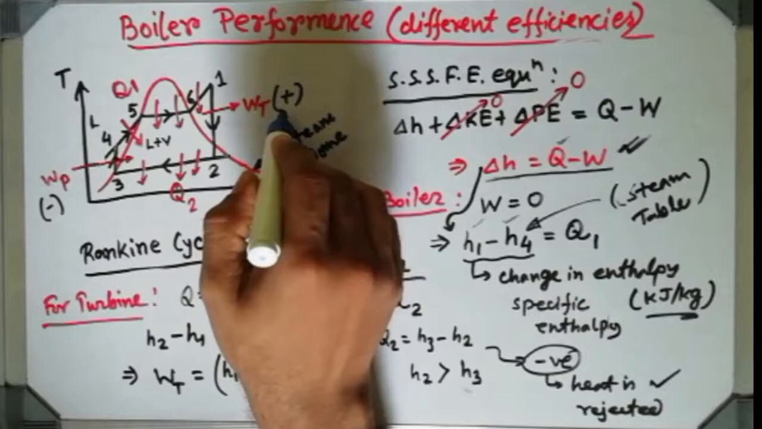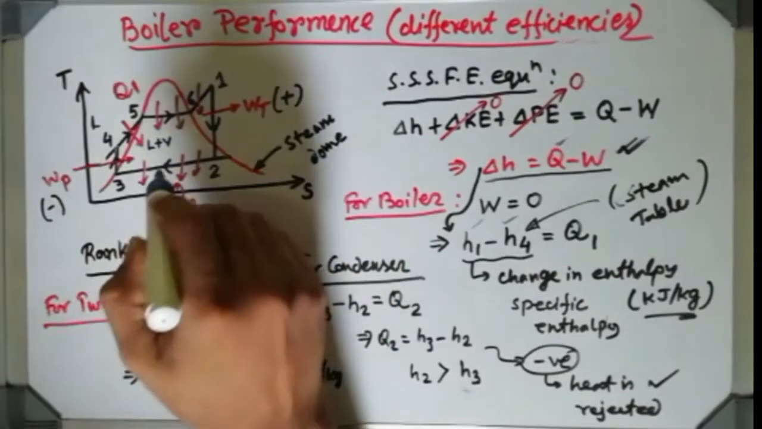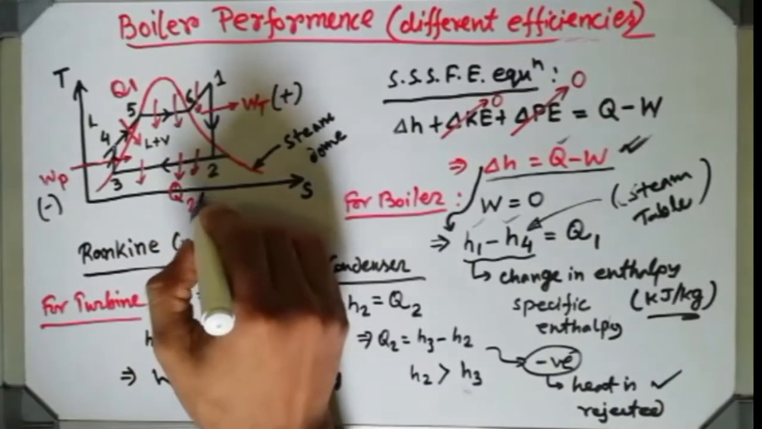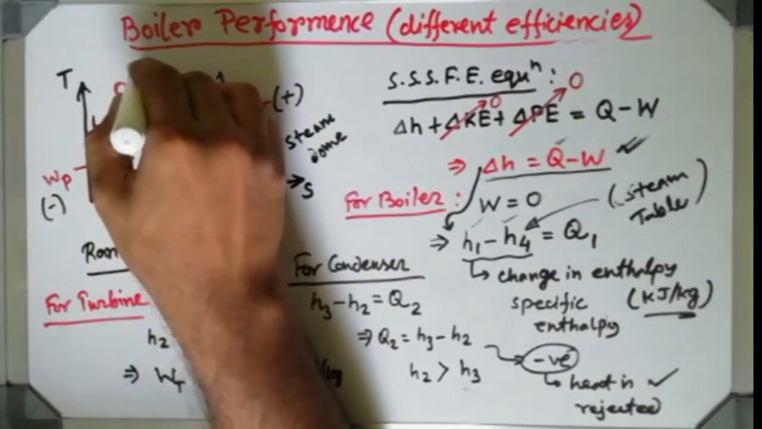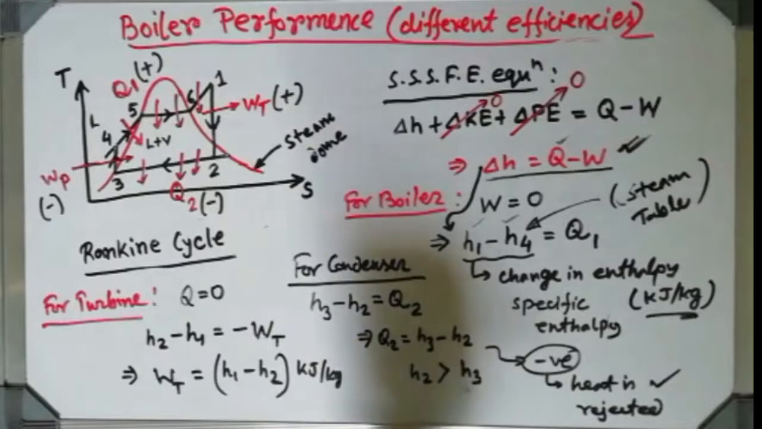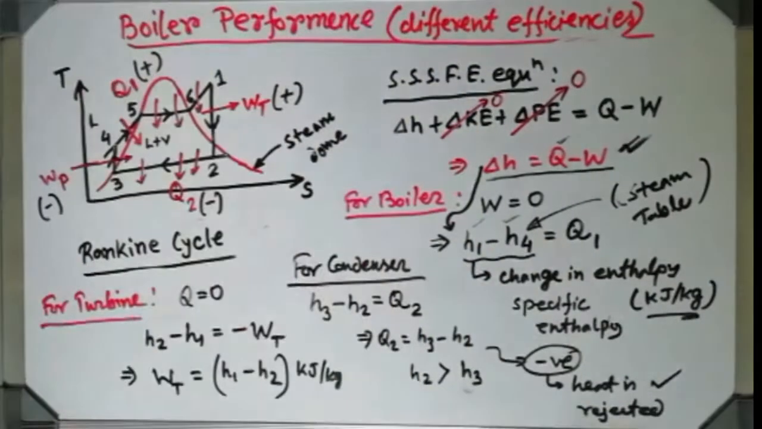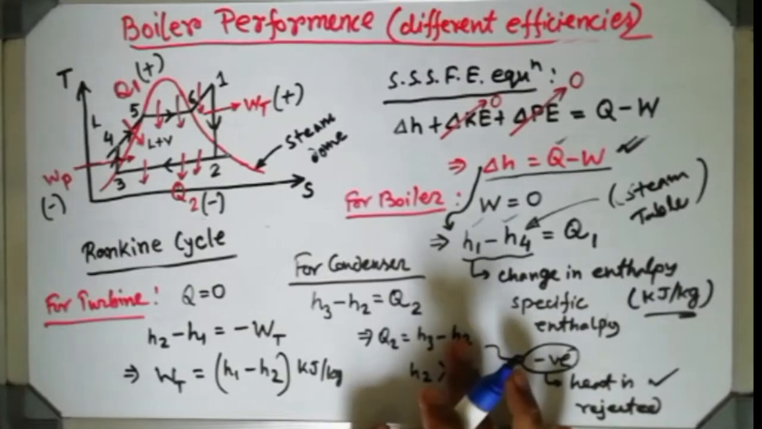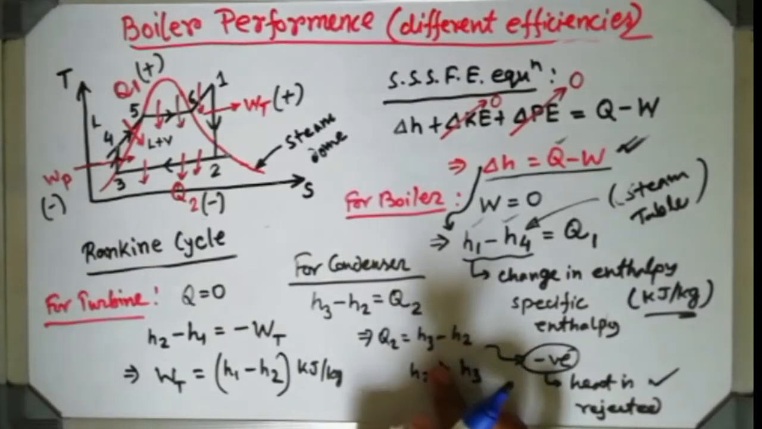Work produced is positive, work consumed is negative. Similarly, heat rejected is negative, and heat supplied is positive. That same kind of sign convention is accepted worldwide. So here also, if you collect those values from the steam table and put them over there, you will find